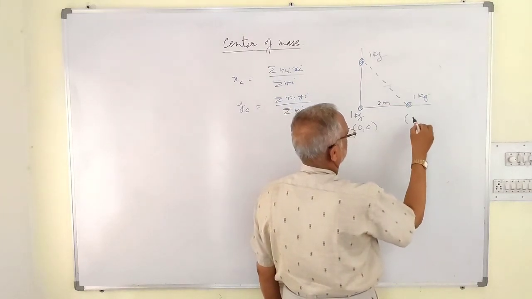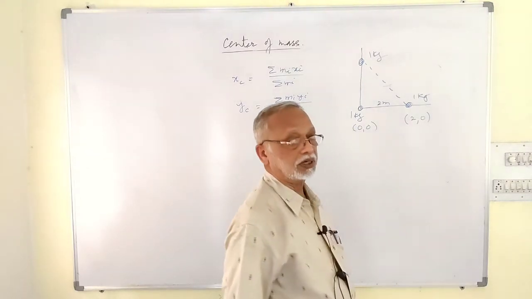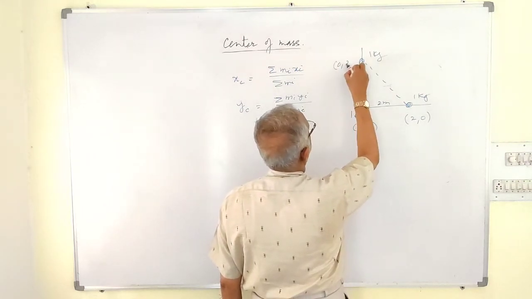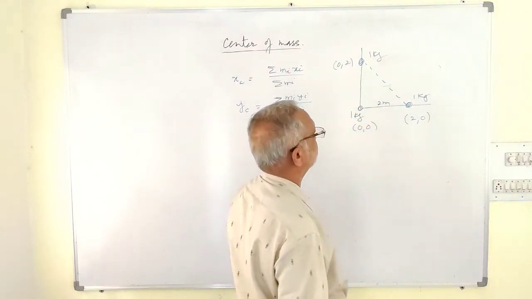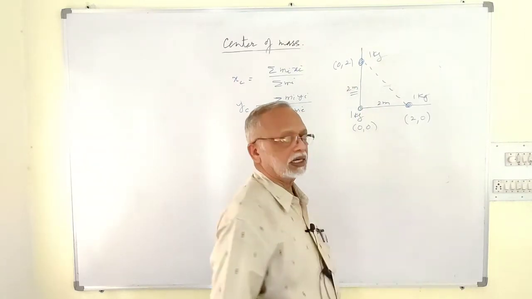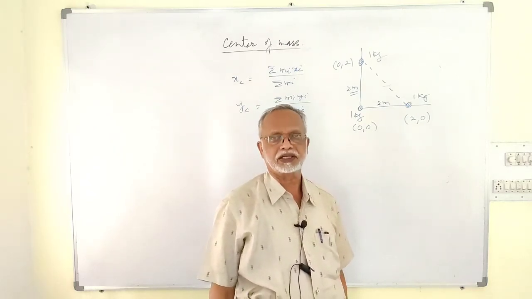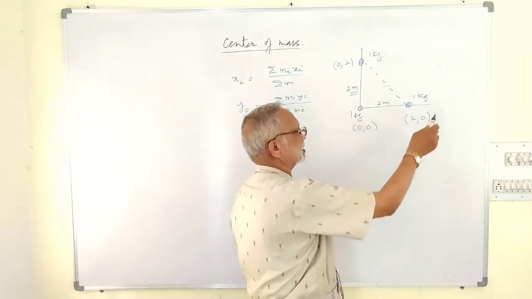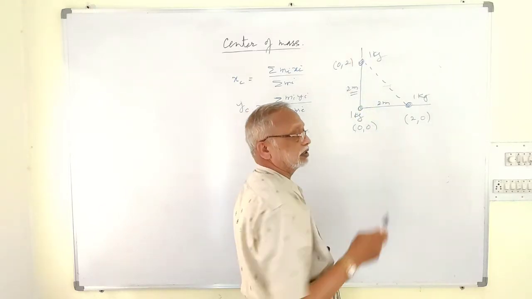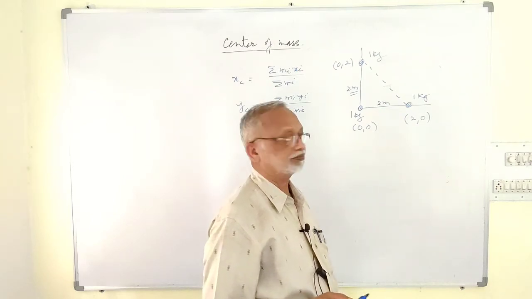So here the coordinates are x coordinate is 2, y coordinate is 0. Similarly here x coordinate is 0, y coordinate is 2, because it is an isosceles right angle triangle. It need not be isosceles also. Then whatever this length of the side is given, you can take that. One body is on the x-axis, so it will have x coordinate, y coordinate is 0. This body is on the y-axis, its x coordinate will be 0 and y coordinate will be non-zero.